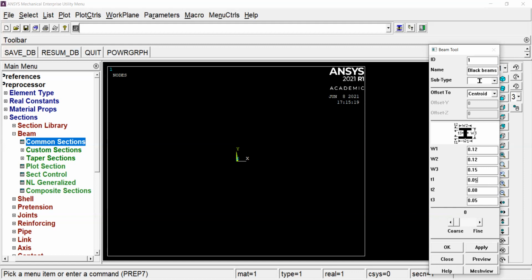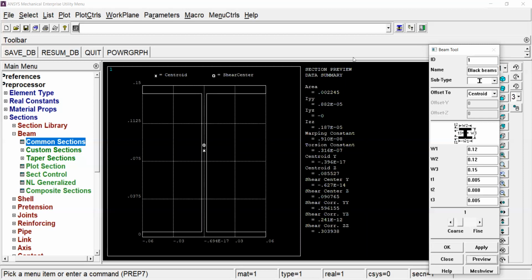Actually, that's kind of thick. I'll make this 5 millimeters, 8 millimeters. Right, so this is material property 1. If I want to preview it and see what it looks like, preview, show me these things. It'll give me my